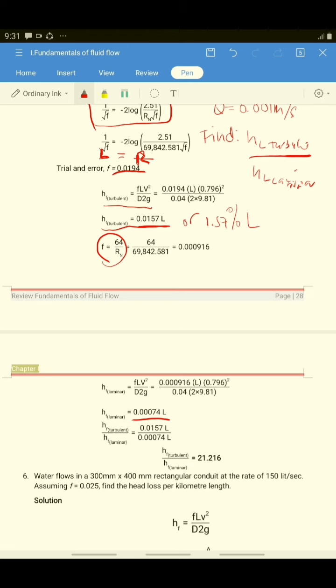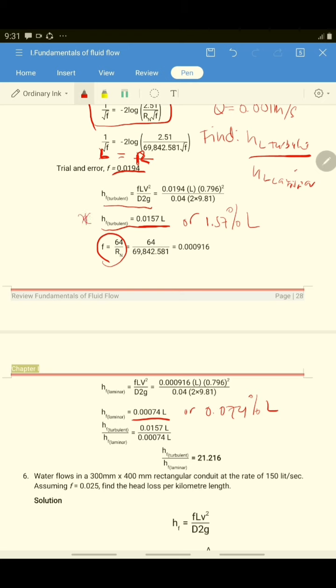Okay, then the other one, for the laminar flow, if you're going to express this into percentage, you have 0.074% of its length. So if the length there is equal to 100, so your head loss in turbulent flow